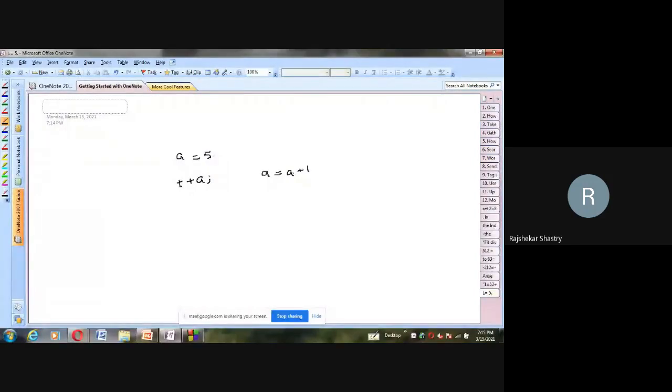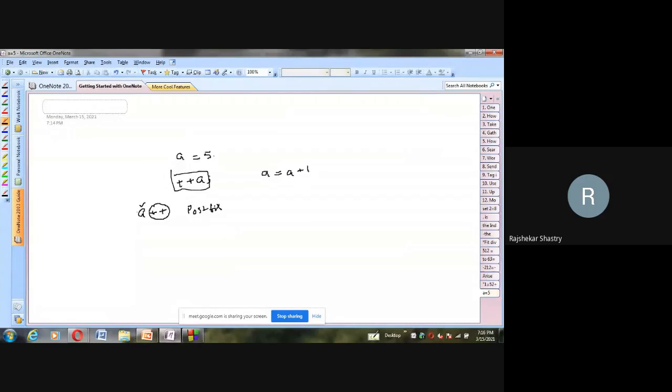So tell me, when I'm saying plus plus a, which form is this, first of all, because increment decrements are of two types, prefix and postfix form. Now which form is this? Anybody? Because before the operand we are using the operator, it is called prefix. Whereas in the same notation, if I write a plus plus, this time after the operand we are using the increment operator. This is called postfix. And this is called prefix.